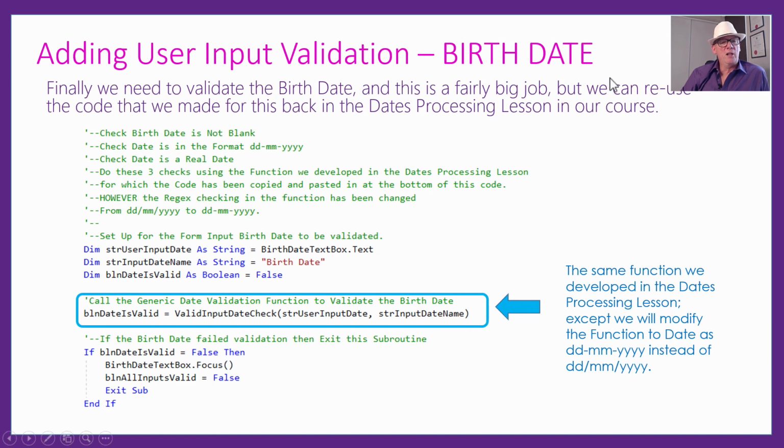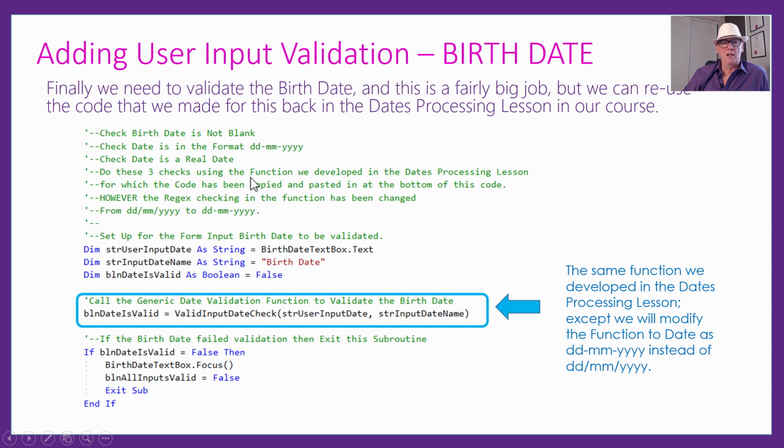All right, so we need to do 3 checks here. Check the birth date's not blank. Check that they put it as, for Australia, day, day, dash, month, month, dash, so they use dashes and not forward slashes. Check it's a real date, that they haven't typed that the month number is 14 or something when there's only 12 months in a year. We also will have to do a future date check as our last check later on, so there's going to be 4 checks. But these 3 checks, we made a function in that dates processing lesson,